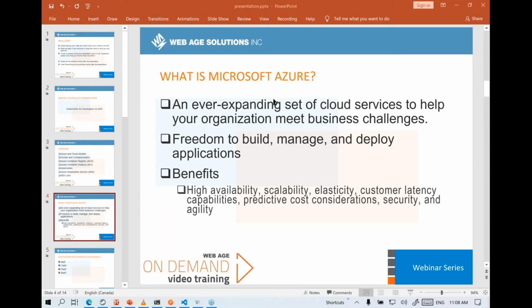So just like we have Amazon AWS, Google GCP, and so on, it's a cloud platform that contains lots of services. And you can choose to use as many of those services as you see fit to meet your business requirements. So here our goal will be to utilize it specifically to deploy our applications, especially by using AKS, Azure Kubernetes Service. But overall, it's capable of building our applications, managing them, and deploying the applications.